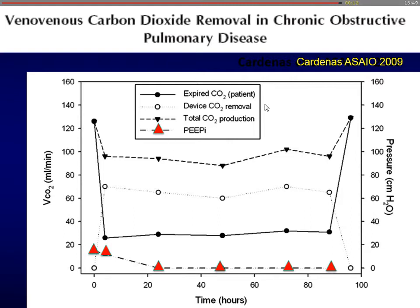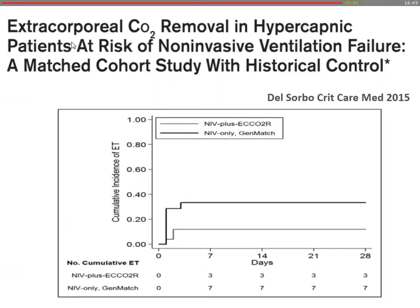Now I want to call your attention to something different. What is this in green? This is the total CO2 production of the patient. When CO2 removal starts, the metabolism of the patient decreases from 130 milliliters per minute to less than 100. Why? Because his work was decreased. He was working to breathe. And he was spending 30% of his oxygen consumption just to breathe. Anyway,